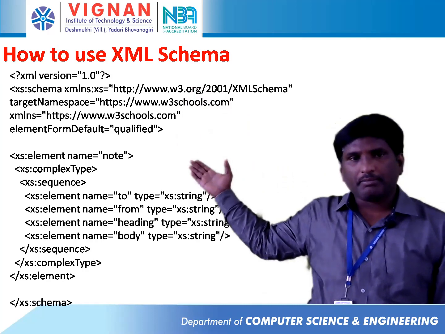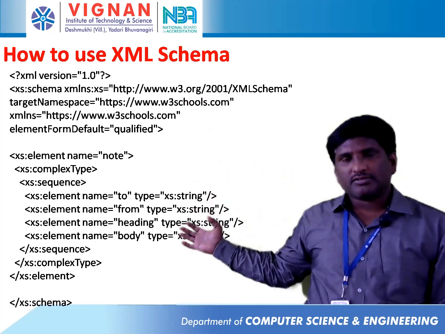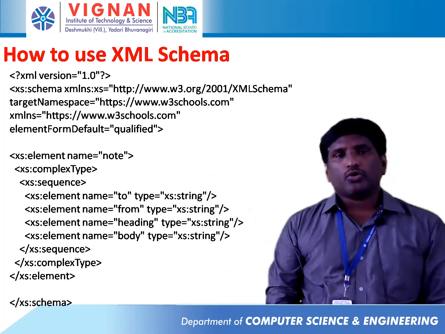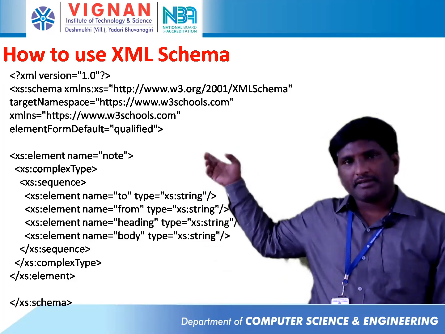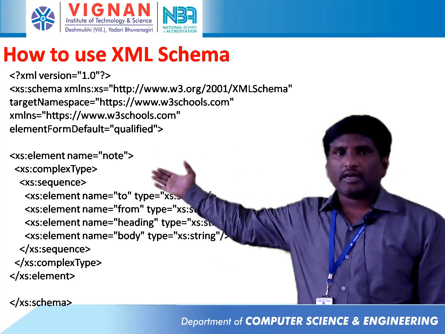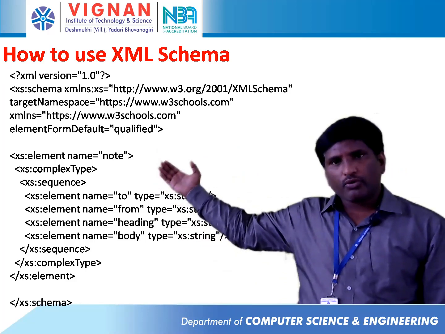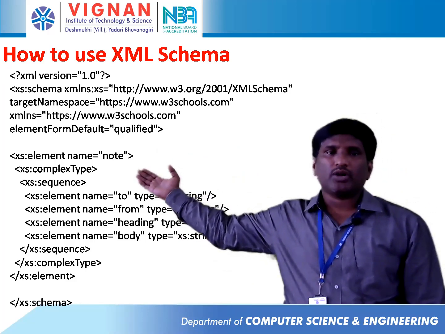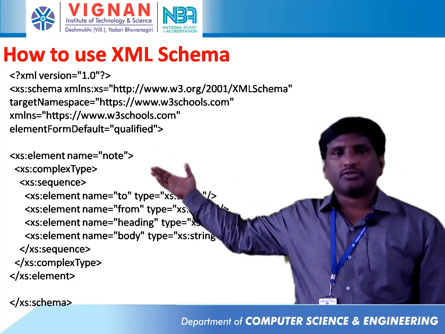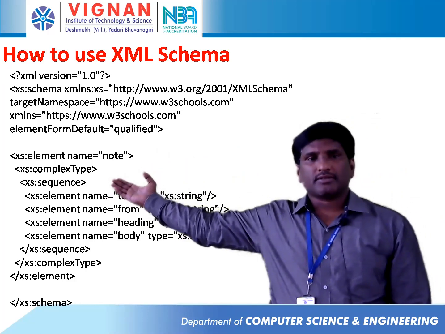Within the schema we provide element definitions as well as attribute definitions and sub element definitions. Because note is the root node, we write xs:element name equal to note. Because this note has four sub elements, the type is complex type. There are two types, simple type and complex type. Because four sub elements are there, we specify xs:complexType. The order is specified in sequence, though other options are there rather than a sequence. Anyway, we are using xs:sequence.